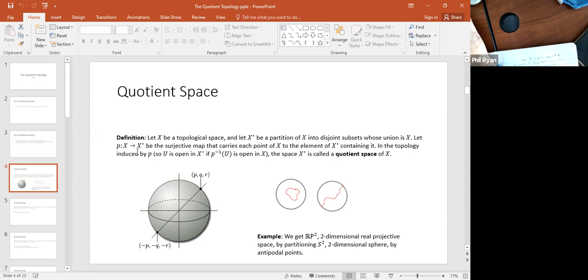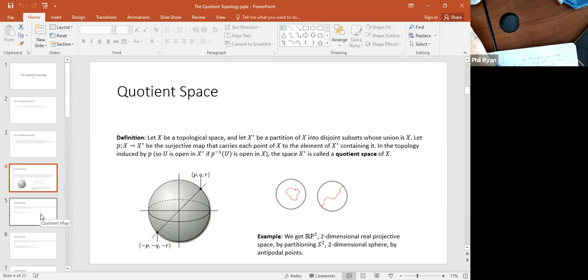Because we're given that it's surjective, and the topology is induced by P, it's going to turn out that P will be a quotient map,